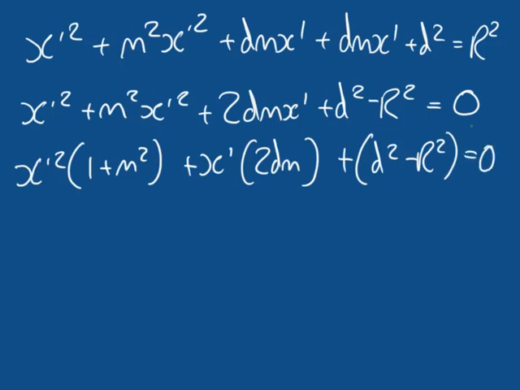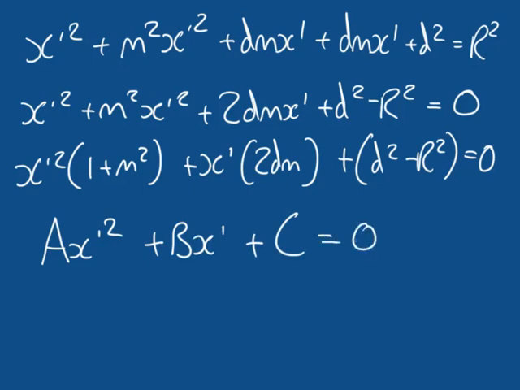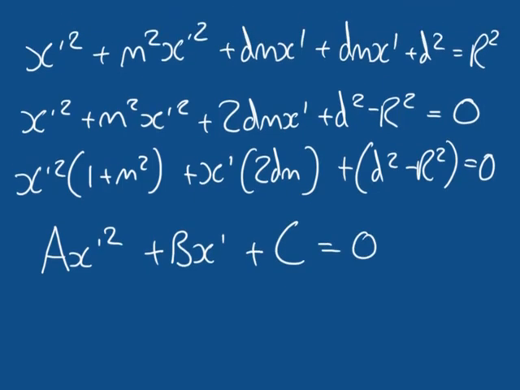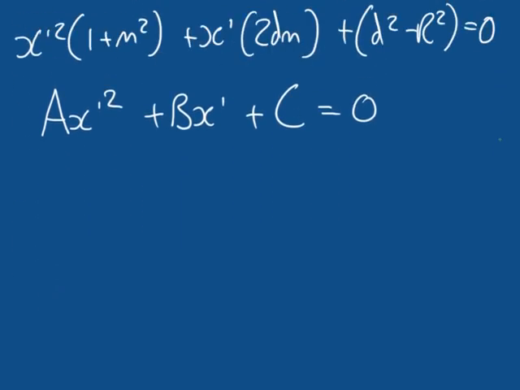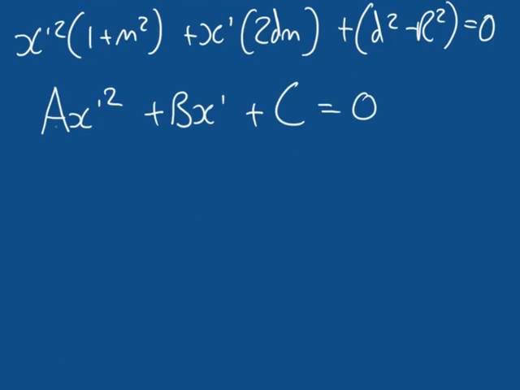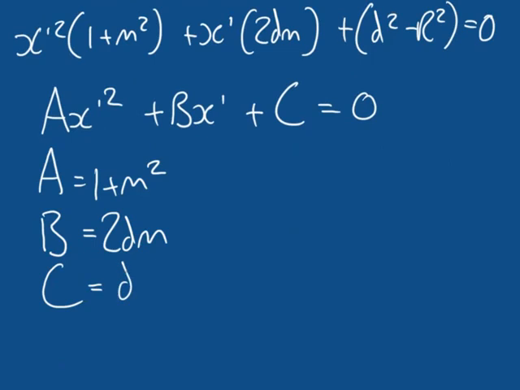So hopefully you can see, just as in the previous video, we can write this in the form of Ax' squared plus Bx' plus C is equal to 0. Again, using capital A, B, and C to distinguish from the lowercase a, b, and c that we do have as our constants in our earlier equations. And we know that A is equal to 1 plus m squared, B is equal to 2dm, C is equal to d squared minus r squared,